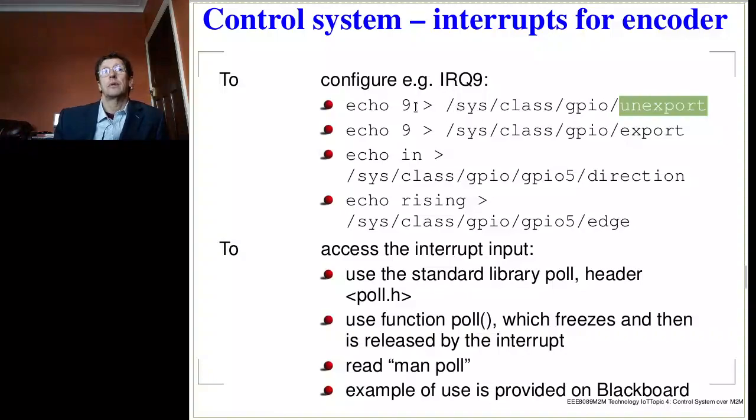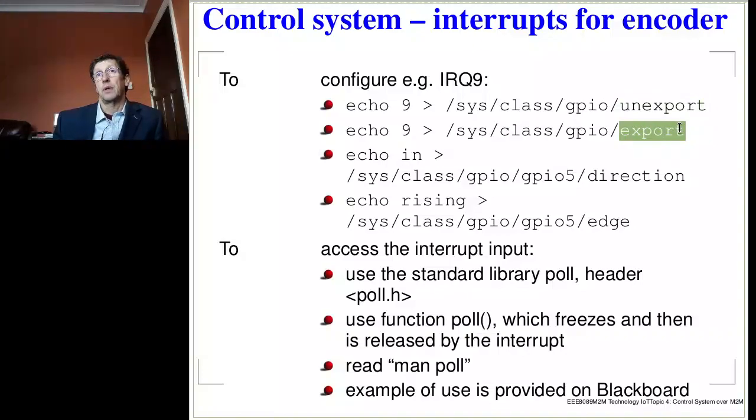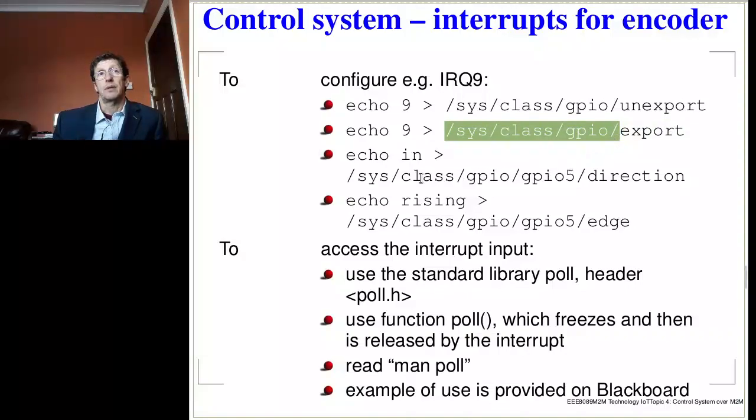So if you output the number into this unexport, it means that the interface for some particular general purpose input-output will just disappear, and when you create it from scratch, it will be reset. Now the same number goes into the export, and as a result of that, a new GPIO is activated, and as it is activated, then in the same folder, a new directory appears, and the directory will be